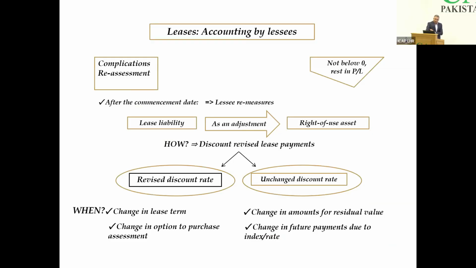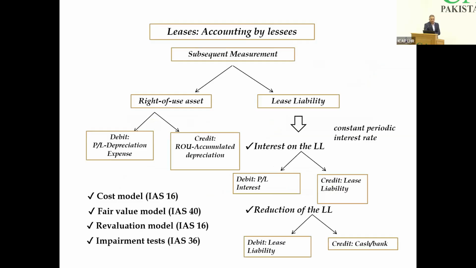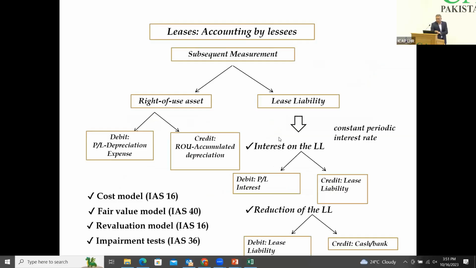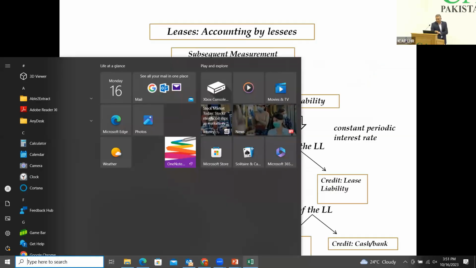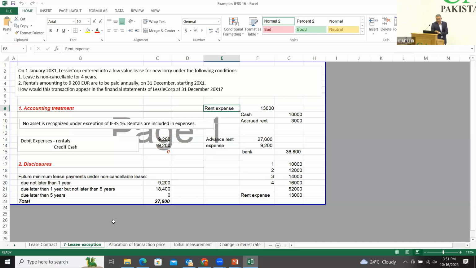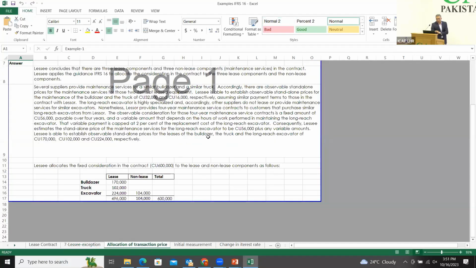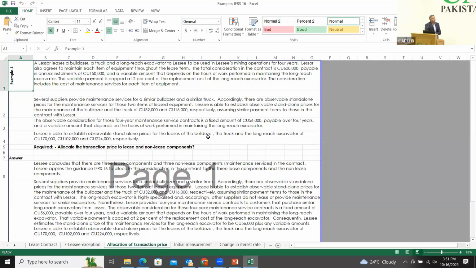Okay, before going for reassessment and modification, let's have some Excel examples. First of all, as we said, there may be certain lease and non-lease components. In case of lease and non-lease components,